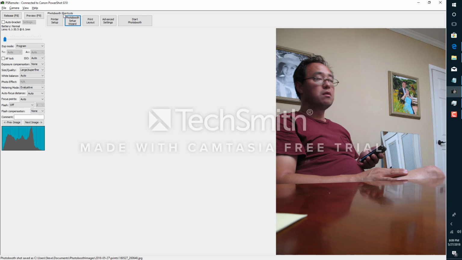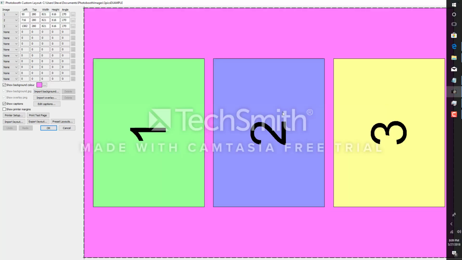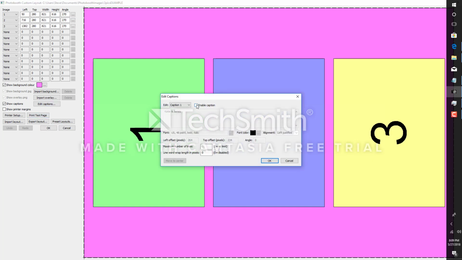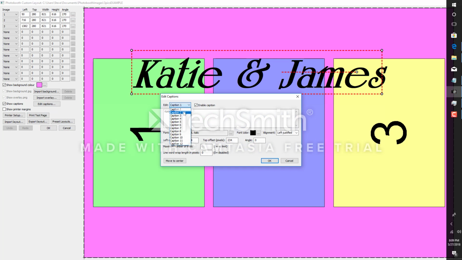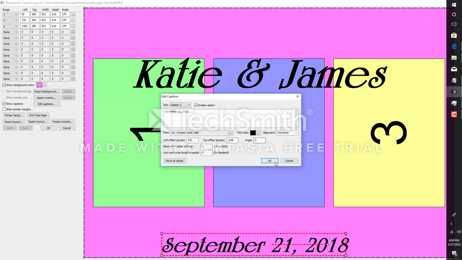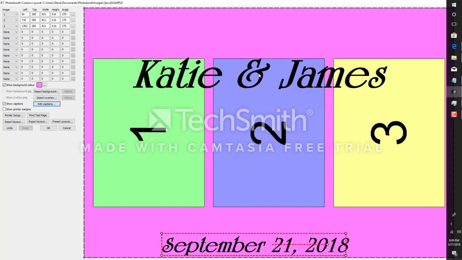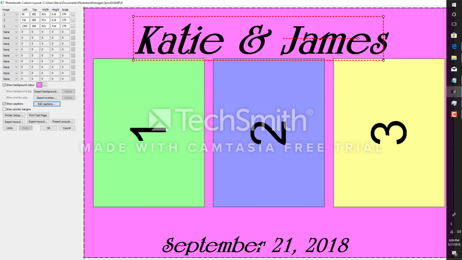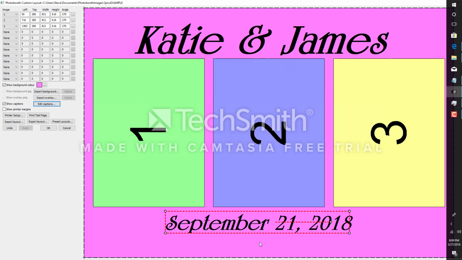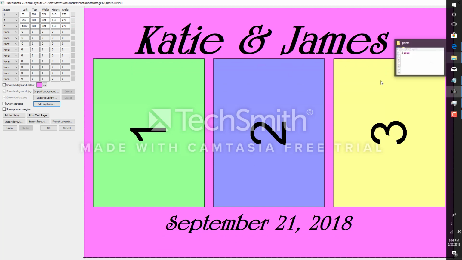Now to see what our pictures are going to look like when they print, we need to go under the print layout button right here. Okay, so as you can see, we have our 3 pictures, 1, 2, and 3 right here. It looks like it preloaded a pinkish fuchsia background color here. Now if you want something very simple, you can just go under edit captions here, and you can enable caption 1, you can enable caption 2 as well, and these are just a couple of text things that they already put in there. Okay, and you can move this up, format it how you want,